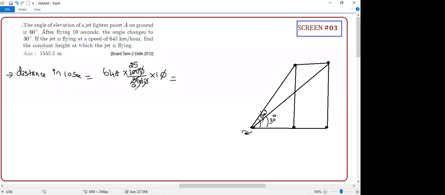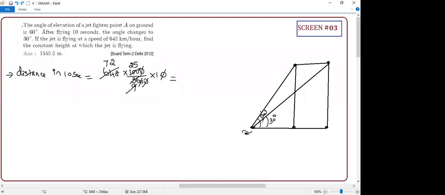This is a 4 table, no? 9 4s are 36, 25 4s are this. Then again 9 table, will it cancel? Check that, students. Yes, this will go. 7 9s are 63, then 2. So guys, 72 into 25 is what?